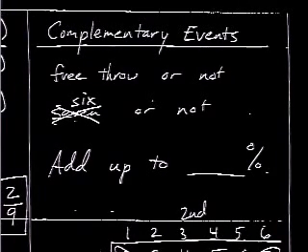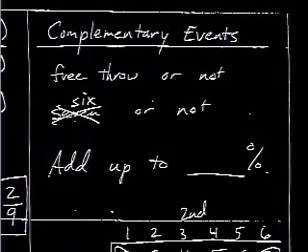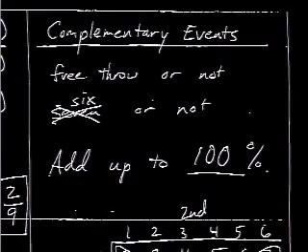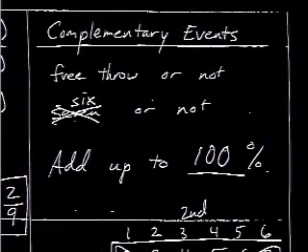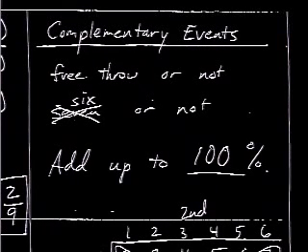Now, these particular events, complementary events, add up to 100%. Well, that makes sense. If you're an 80% free throw shooter, then you miss 20% of your free throws. When you flip a coin, it's a 50% chance of getting heads and a 50% chance of not getting heads. So they add up to 100%. Complementary events, very easy. That's a very useful thing. Make sure you use it as often as you can. The complement,